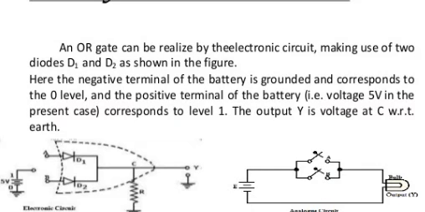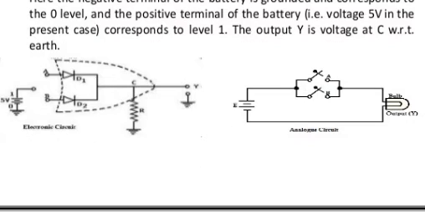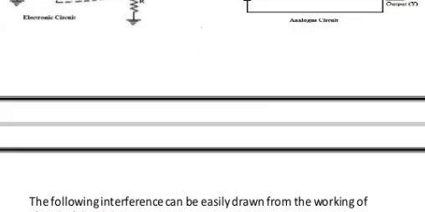Now here is the working of OR gate. I have used one more circuit here. You can see this is in parallel. The A and B switches that we have used in the circuit are in parallel position, whereas in the previous circuit A and B were in series form.